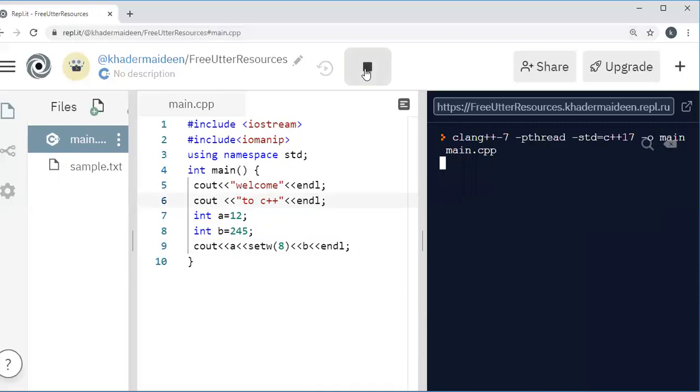When you execute it, we get 12, and then how many spaces are in between these two? The length of 245 is 3 and the width is 8. Therefore, 5 spaces are between 12 and 245.